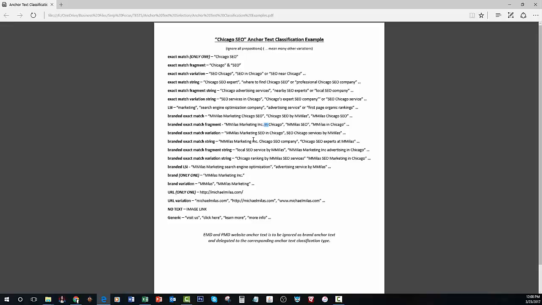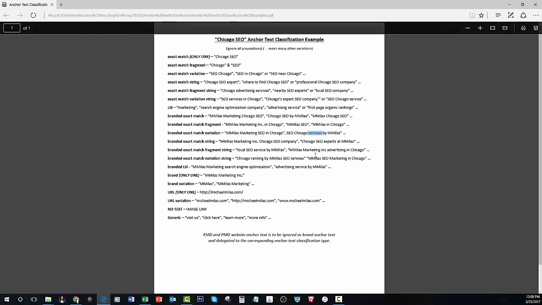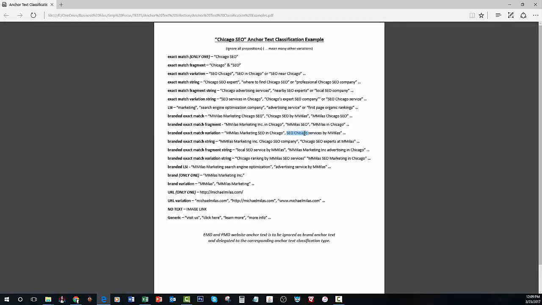Now, an exact match variation, so this contains other terms, or sorry, this doesn't contain other terms. This is actually wrong, I'm noticing right here. This was supposed to be down 3 more actually. So this shouldn't say services. So a branded exact match variation has the brand, and then it has the exact match variation. So it has the terms Chicago and SEO in it, and it has my brand in it, but it doesn't have any other terms. So this should technically be SEO Chicago by MILIS, which I honestly wouldn't suggest as anchor